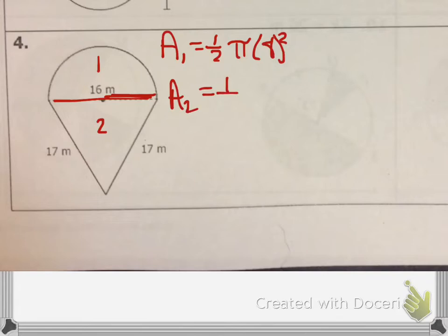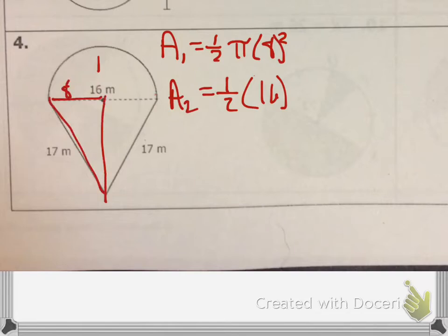I need 1/2 of base times height. The base is 16, but what's the height? Okay, that's where this gets a little difficult. Apparently, what you need to do here is realize that the radius, 8, and this right here make up a right triangle. So if I said 17 squared minus 8 squared, did the Pythagorean theorem in reverse, then that would give